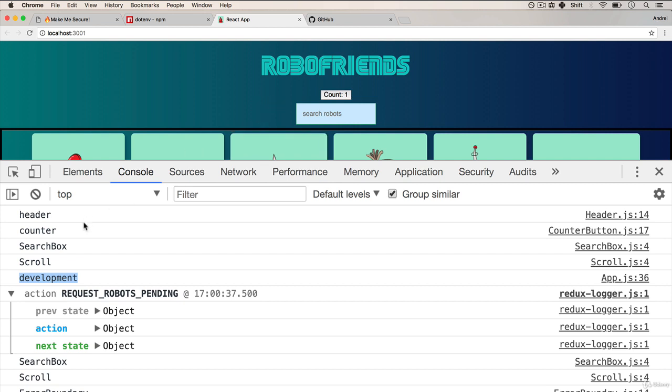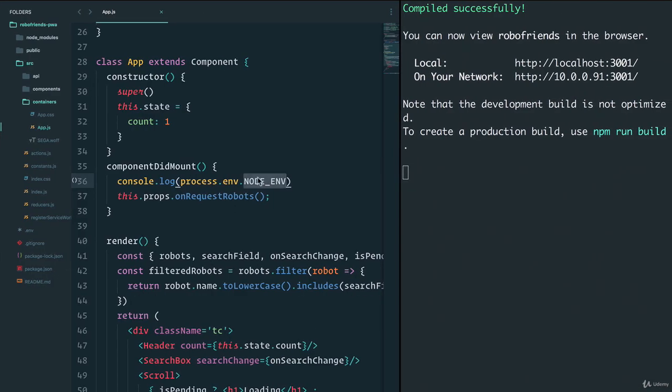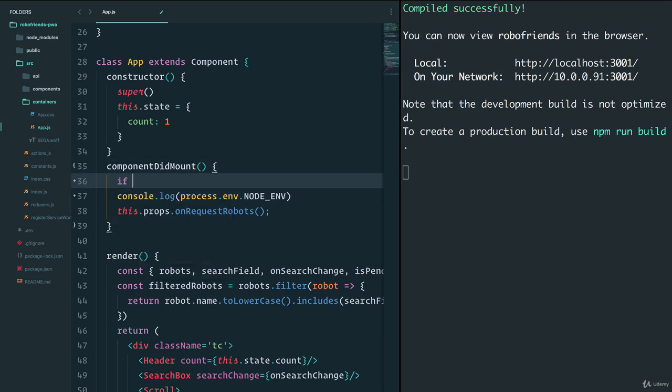I'm going to minify the code. I'm going to do all these optimizations, use libraries that are optimized for production, and do all these things. So environment variables are useful. For example, I could say that if node environment was production, I want to add Google Analytics. For example, I could say if